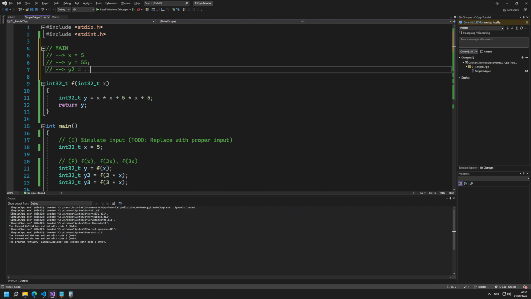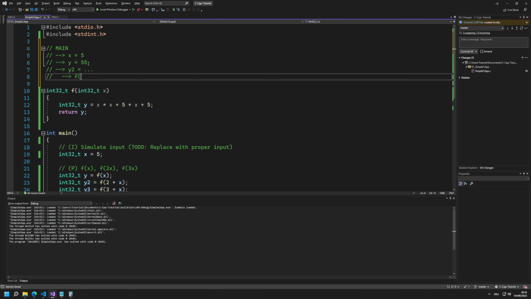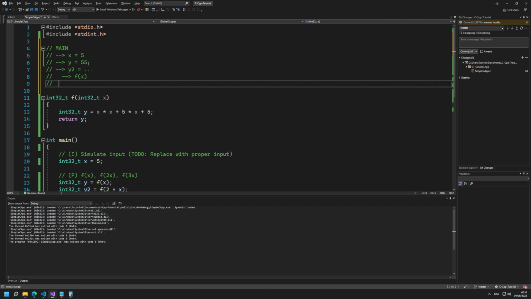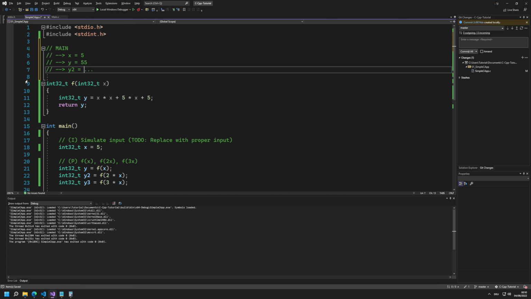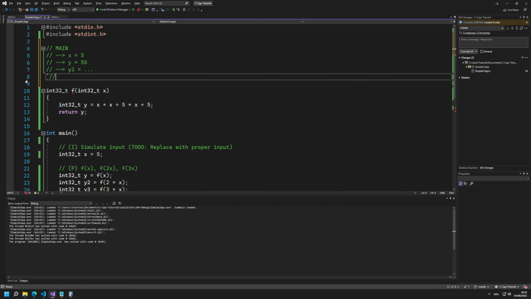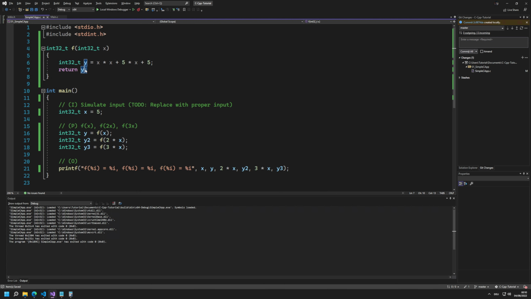y2 is on the stack, which is an invalid value. Then we go again inside of f of x, which is again basically putting y in here and assigning it some value. Then we return from the function, so y is stored in the special place. Everything else is deleted from the stack. And now we are back here. It's going to be read from a special location, and we have the value in here. We continue on the stack, and we're going to go to y3 equals whatever, and you can see this growing in a kind of tree fashion, and the data is stored there in that stack. Basically what this means is that we are currently copying y to the stack,